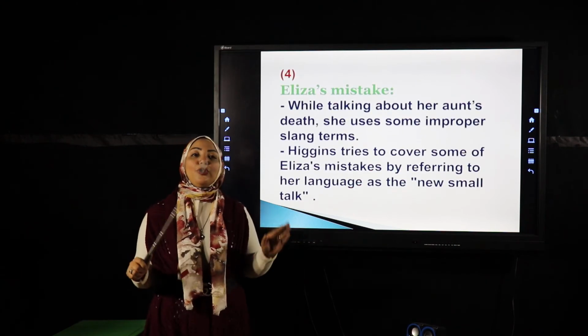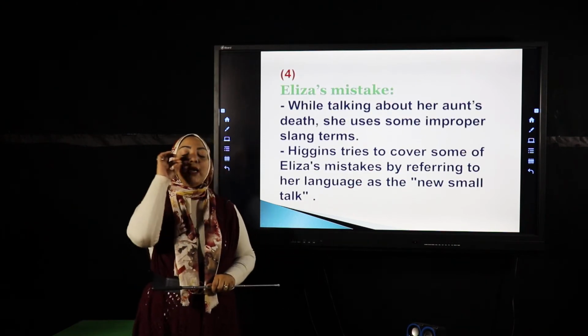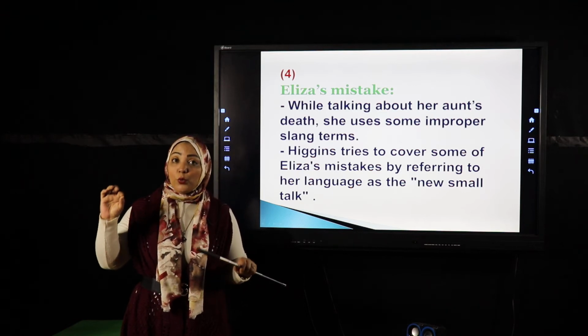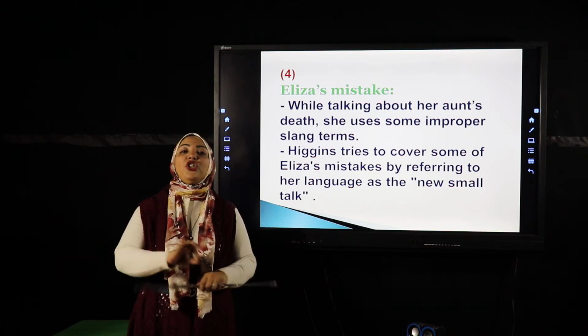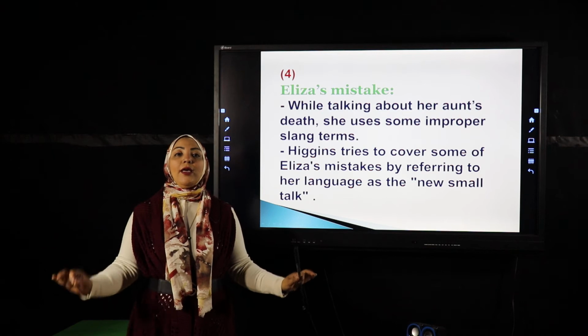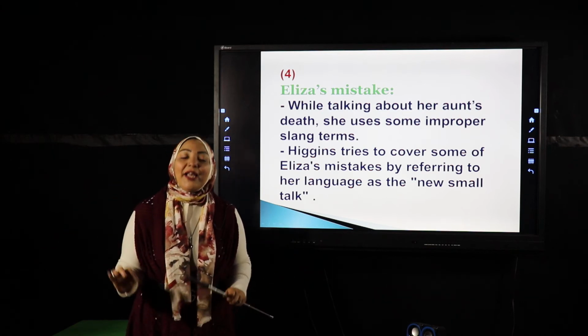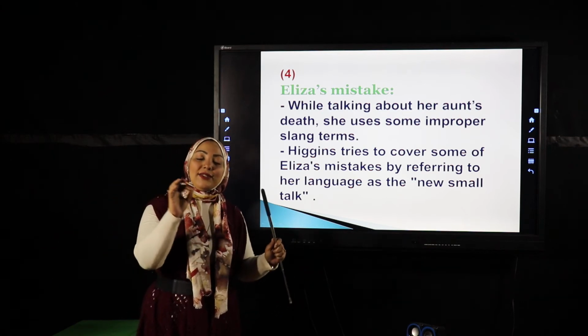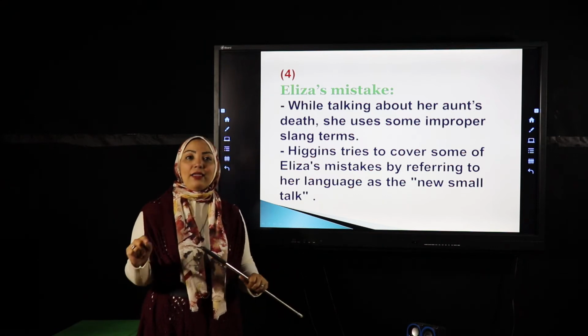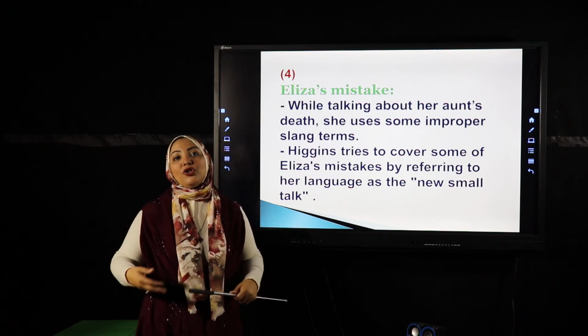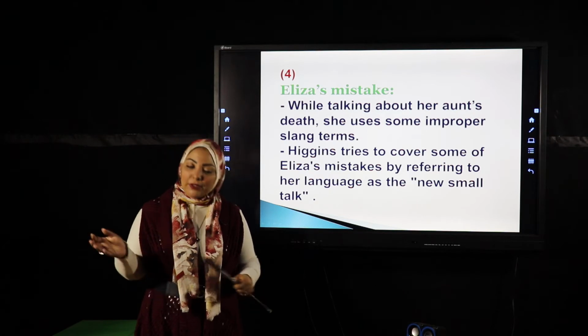Eliza actually started to talk to people using a perfect way of talking, and she was performing well and okay, till she came to the story of her aunt's death. She exaggerated in talking about the weather sometimes, but it passed.